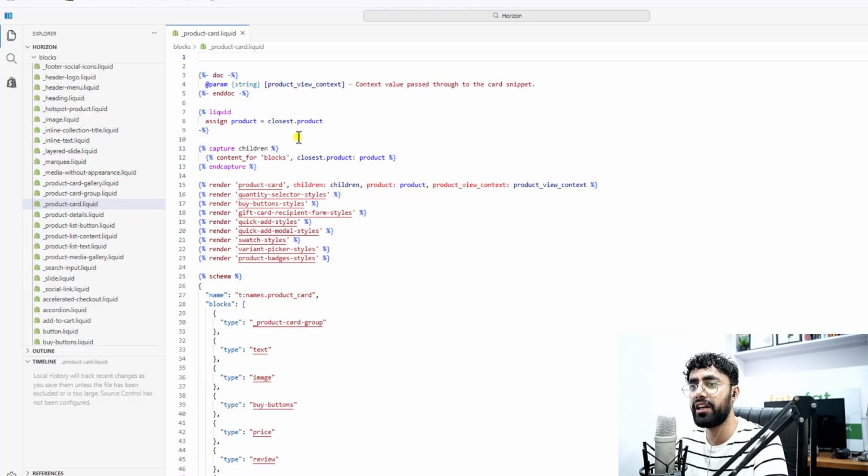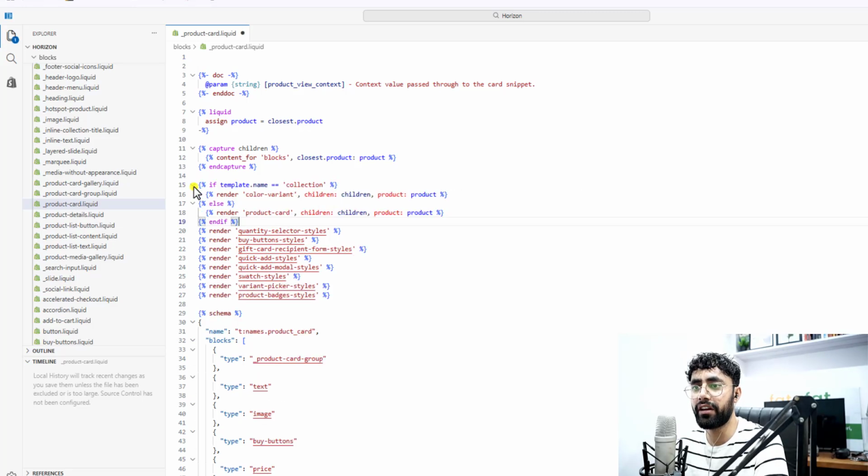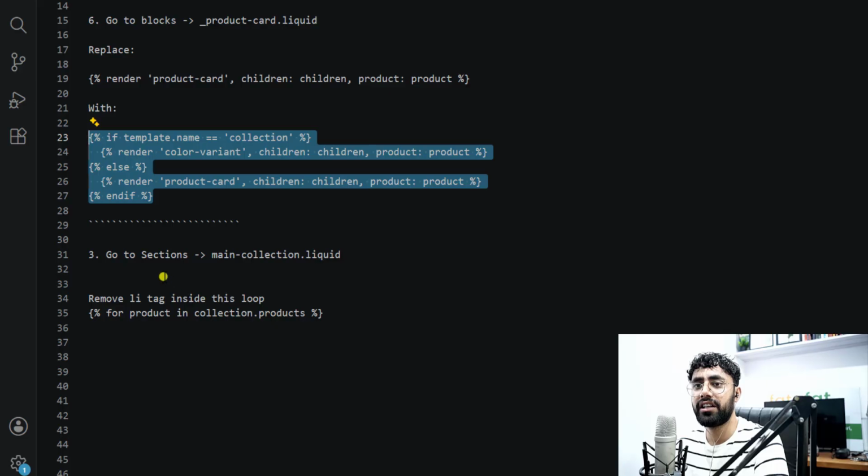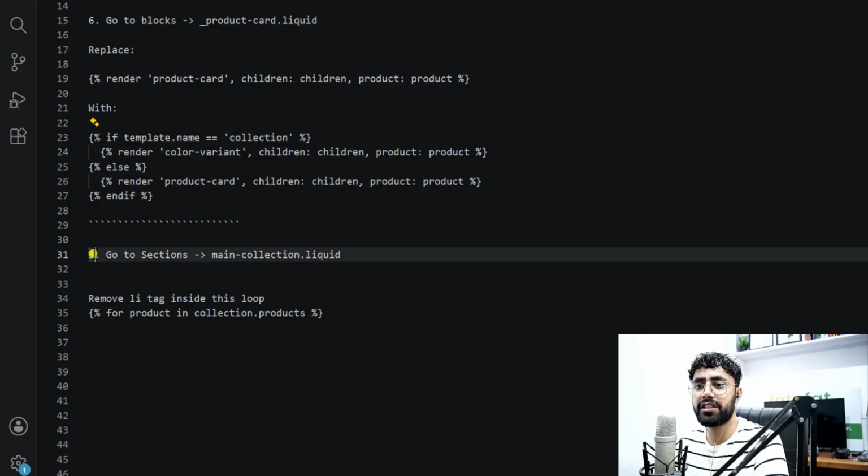So let me copy, and so basically we have this line of code, which is this one, and let's paste that code here and then save the changes, go back again,